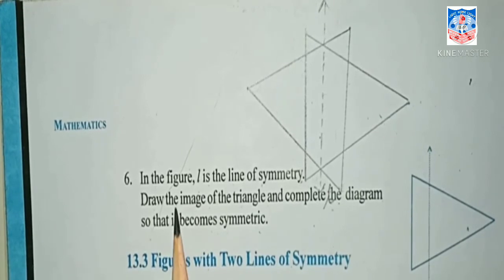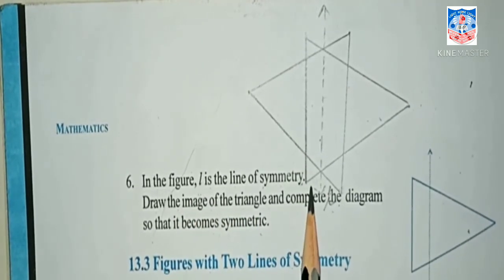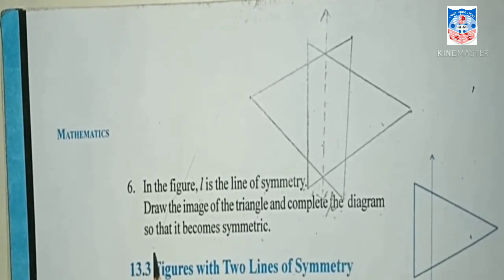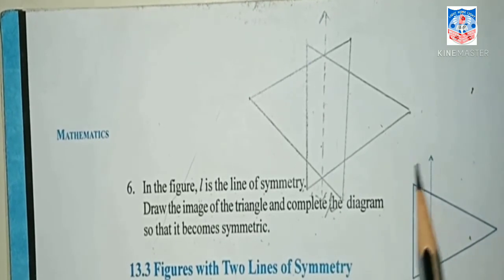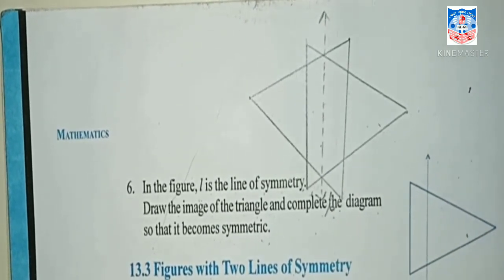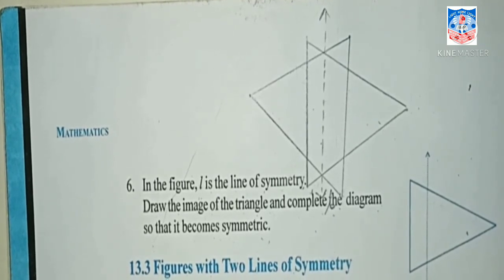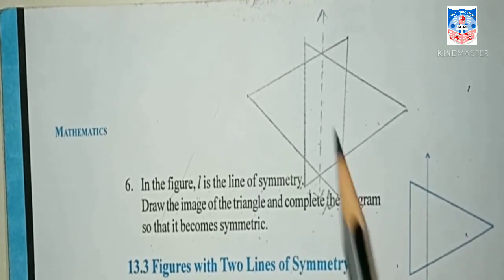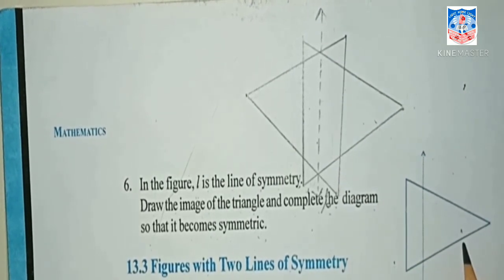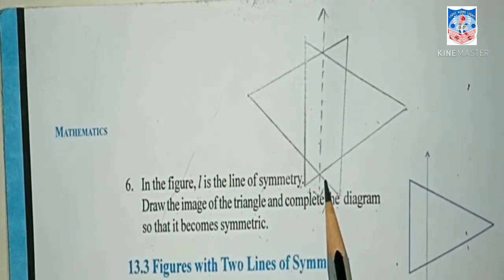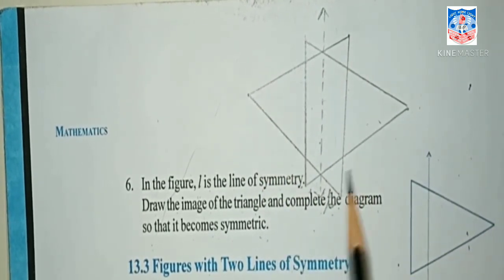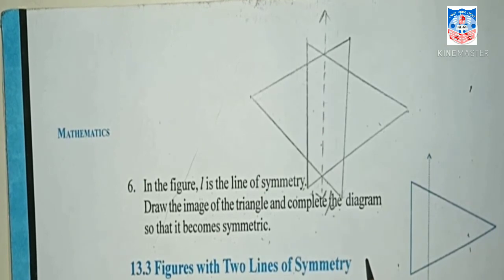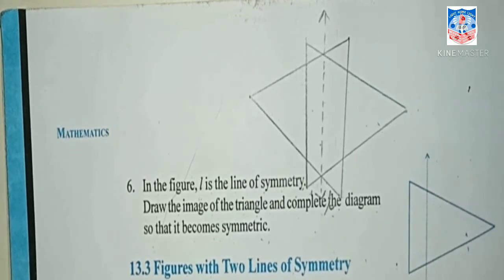Question number 6. In the figure, L is the line of symmetry. Draw the image of the triangle and complete the diagram so that it becomes symmetric. Now see, our figure is given here and L is the line of symmetry. Now we have to draw the image of the triangle and complete the diagram. So how will we do it? Now see here. You have to draw the same triangle this way here. See here. I have done this for you. Understood? With this we complete our first part here. Okay. We will continue further in our next